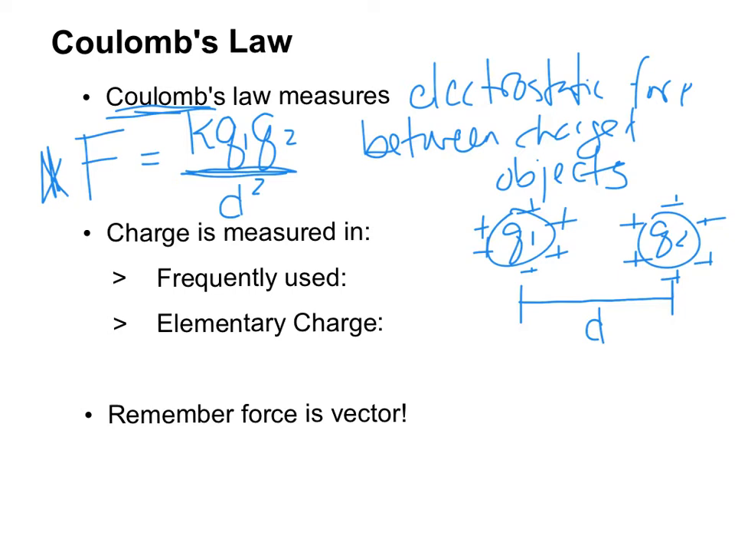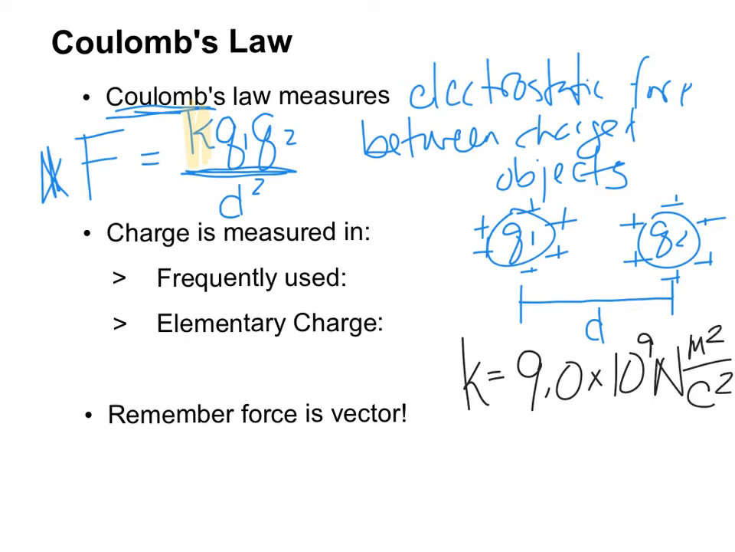This constant K, so let's focus on that one first. So if I want to look at this value right here, that constant K, that's a number, and that number K is approximately 9 times 10 to the 9th newton meters squared per coulomb squared, are our units. The important thing I want you to know about this K is it's like a scaling factor, like a conversion factor, that helps us use our